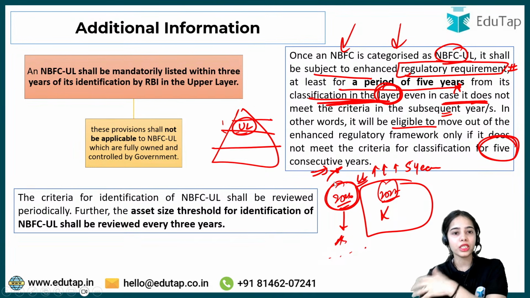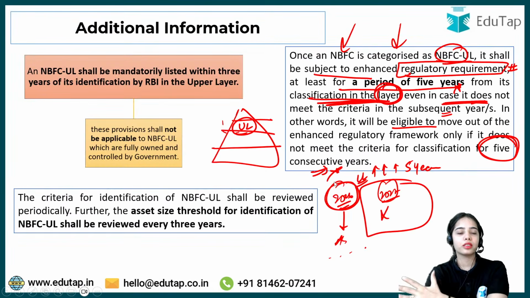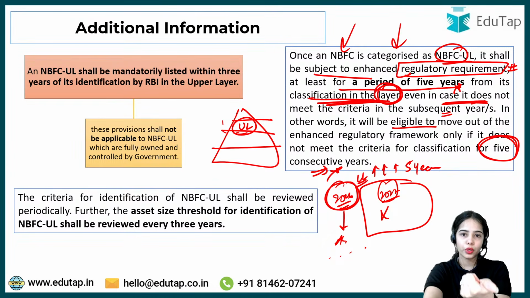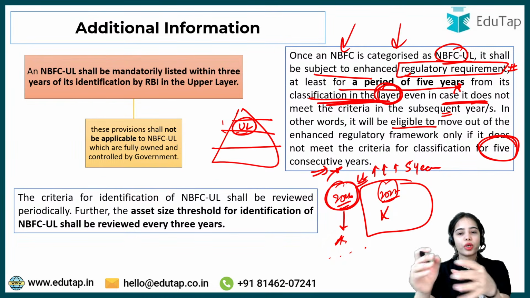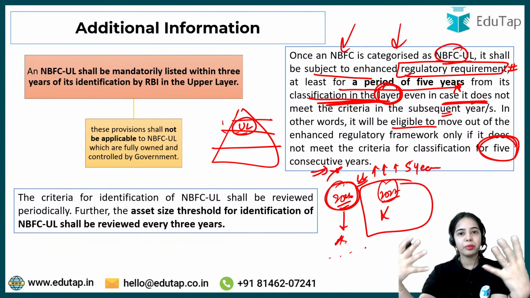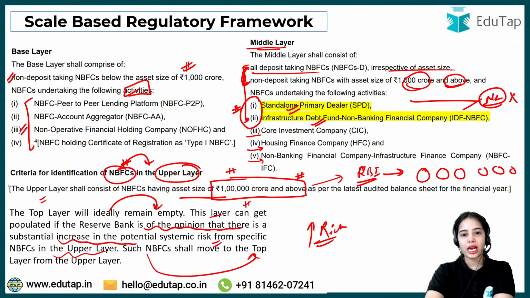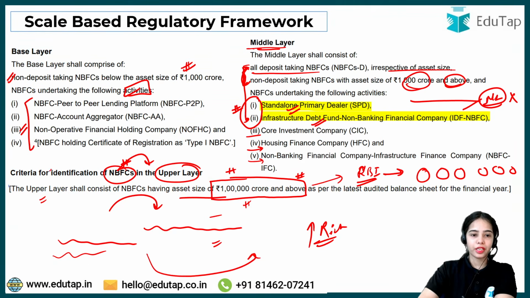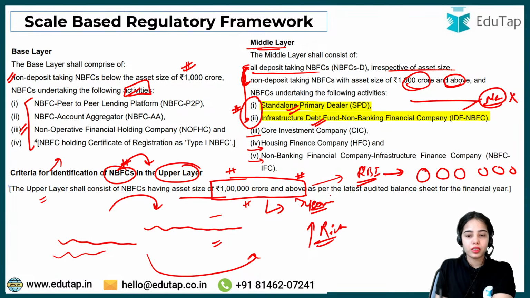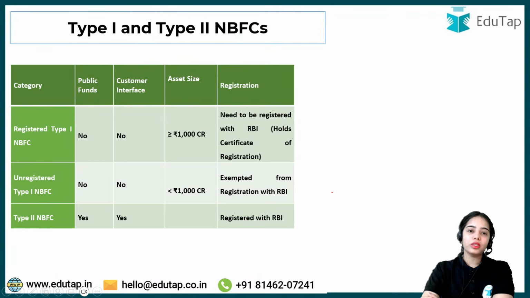That is the idea. So this is the discussion regarding the core concepts and the updates that we have seen in 2026. I hope you have got the basic idea about the NBFCs, and what the major updates are that have happened. The upper layer classification has changed. The upper layer criteria for identification has changed, and it has been said that it will be reviewed every 3 years.